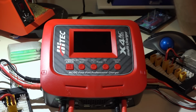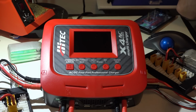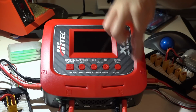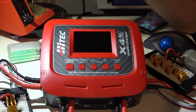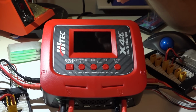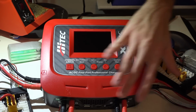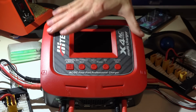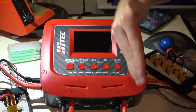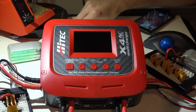I don't see this to be a problem. And I don't count this as something I don't like with this. I'm just mentioning it because some people will care. But at 50 watts per channel, if you're charging, let's say, a 1300 4S battery, that means you can charge almost 3 batteries at a 1C rating. It's going to be slightly lower. So no, you cannot have 24 1300 batteries on this and charging them all at a 1C rating. It's going to be 3 per balance board or per channel. But I don't find this to be a problem because I don't even own 24